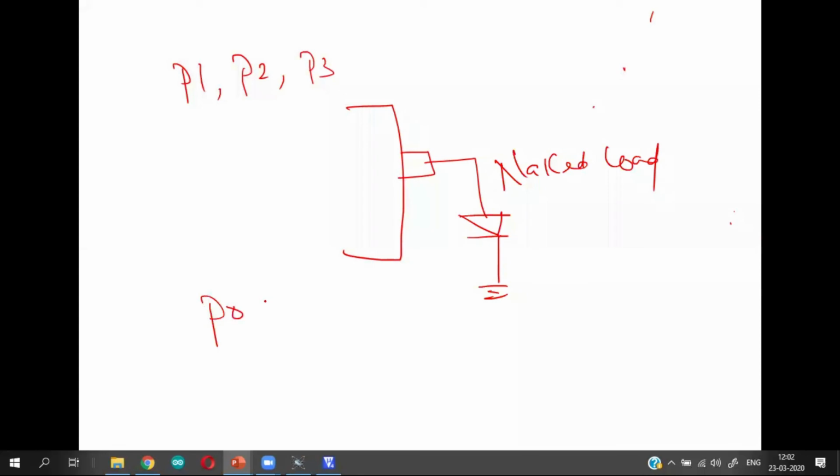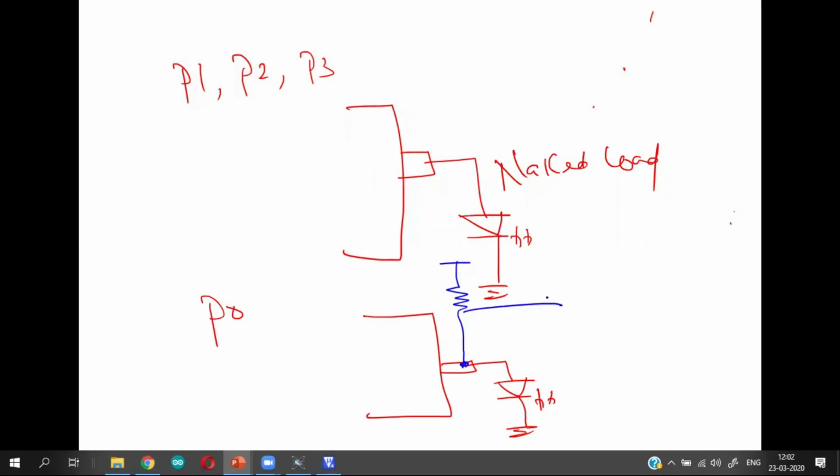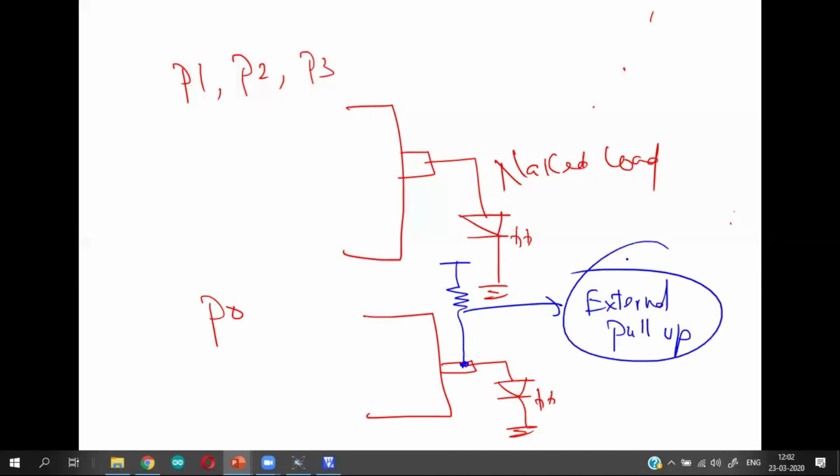For parallel port 0, such a naked load is not permissible. You need to have a pull-up here, an external pull-up. This external pull-up is needed only for port 0, not for 1, 2, 3.